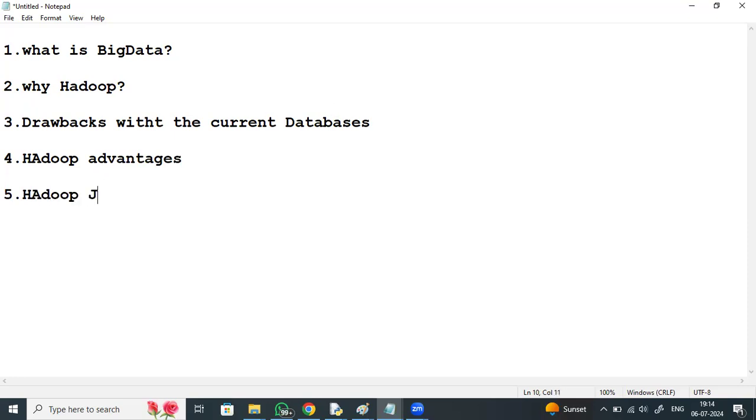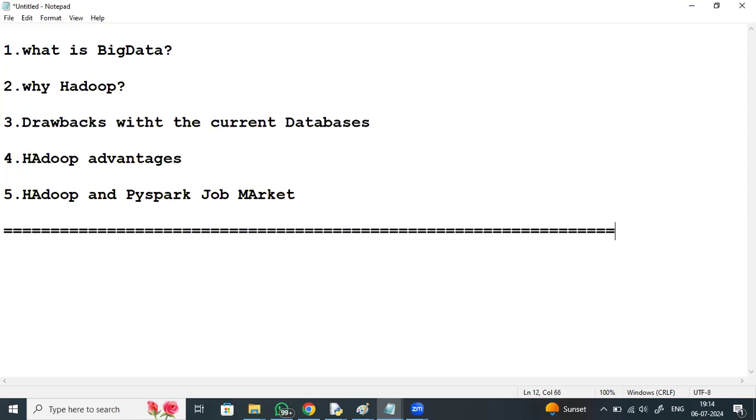Hadoop job market. Hadoop and PySpark job market. So this is what I'll be discussing as part of today's demo: what is big data, why Hadoop, drawbacks with the current databases, Hadoop advantages, Hadoop and PySpark job market.